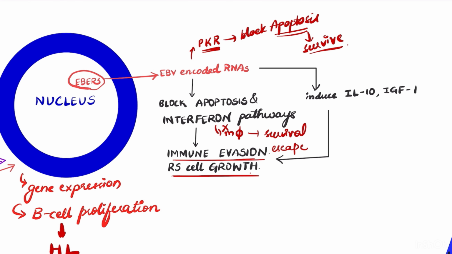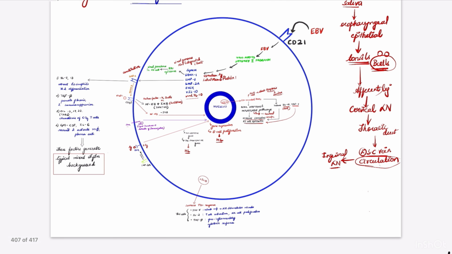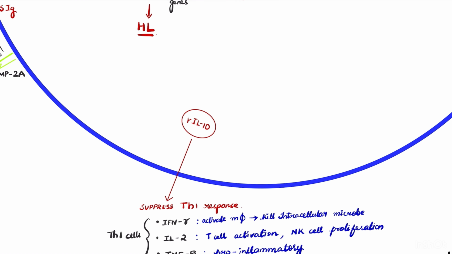Also, these encoded RNAs will induce production of interleukin 10. Interleukin 10 is anti-inflammatory, and insulin-like growth factor, which will contribute to this escape of immune checkpoint and RS cell growth. And the virus will secrete the viral interleukin 10, which is produced as a vacuole in the cytoplasm. This viral interleukin 10 will suppress